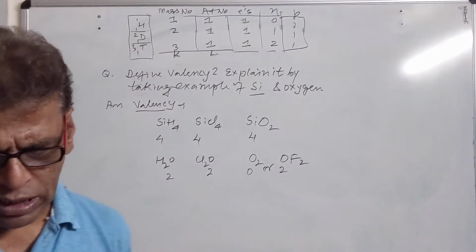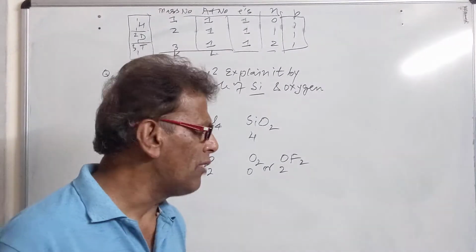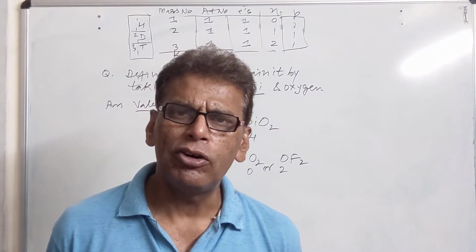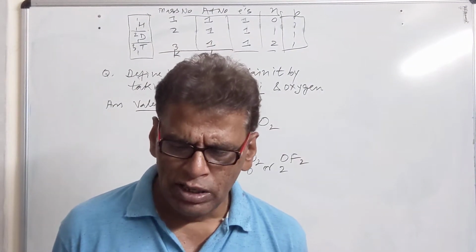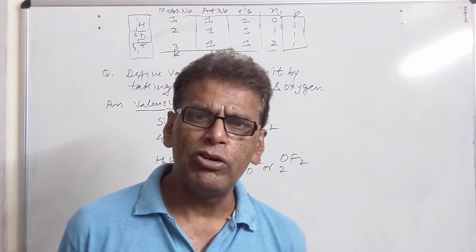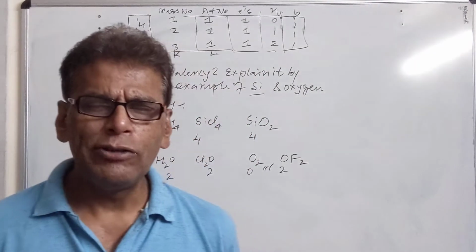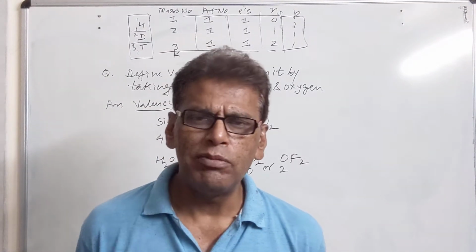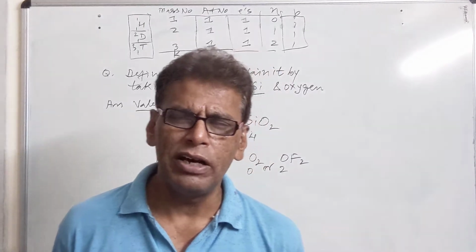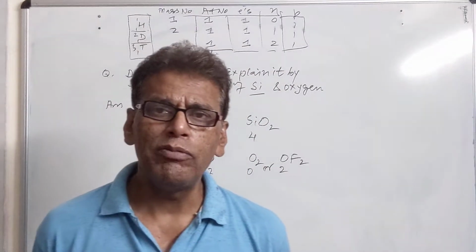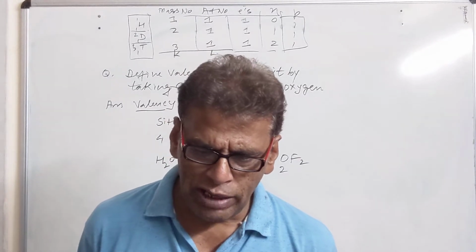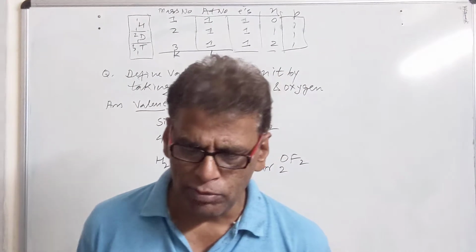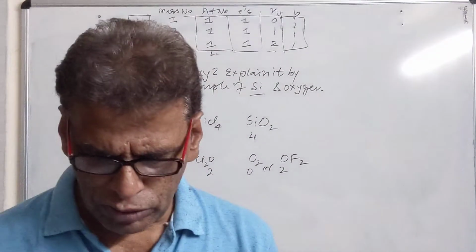Explain atomic number, mass number, isotope, isobars. We have already defined that. Atomic number is the number of electrons or protons present in an atom. Mass number is the sum of nucleons, neutrons plus protons. Isotopes are the atoms of the same element having the same atomic number but different mass number. We have studied isotopes of hydrogen: protium, deuterium and tritium. Then we have isobars. These are the atoms of different elements having different atomic number but the same mass number. So these are the isotopes.